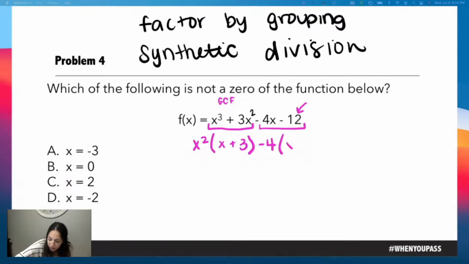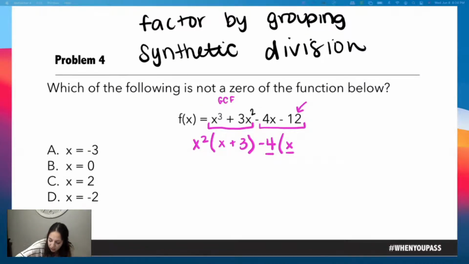then this becomes a positive x, because negative 4 times x is negative 4x. And then this becomes a positive 3. This is probably where most people make their errors, because negative 4 times positive 3 is negative 12. That was my goal, because I wanted this to equal this. Now, this is really a subtraction problem still. I have this whole thing being subtracted by this whole thing.